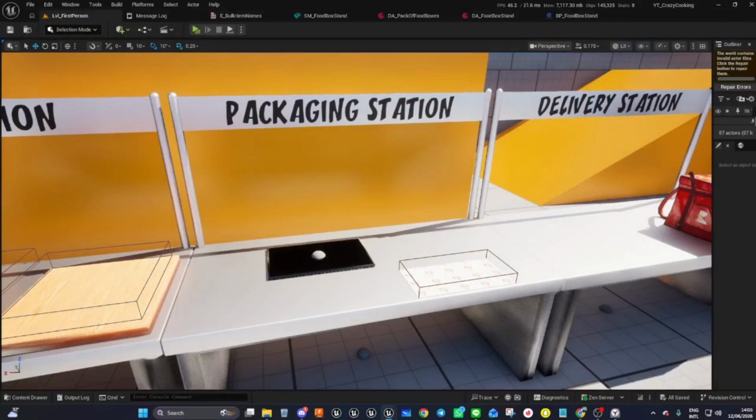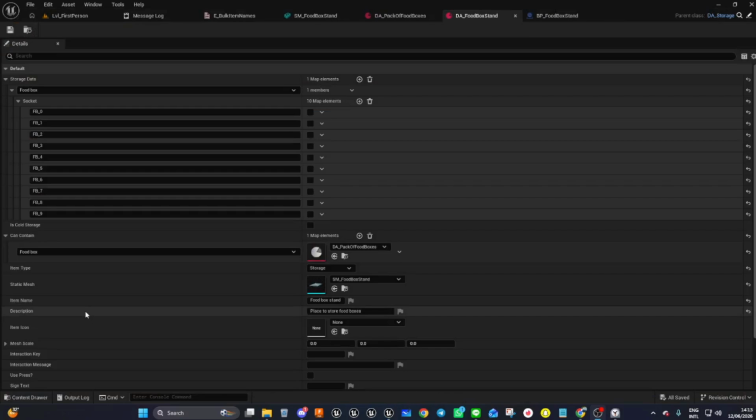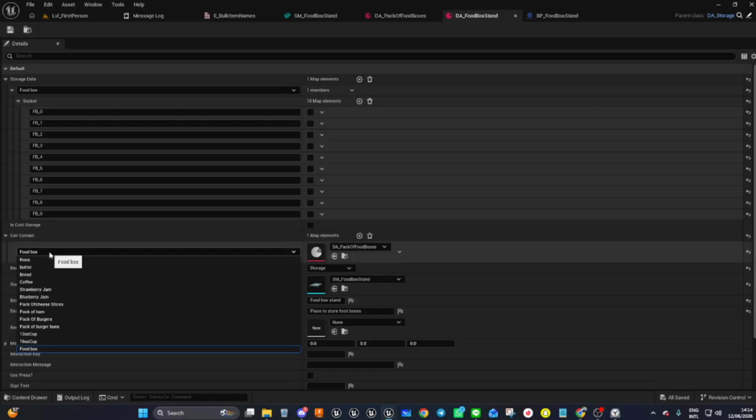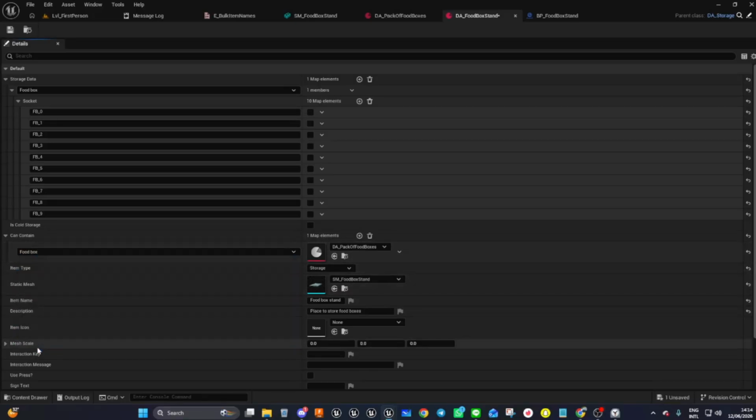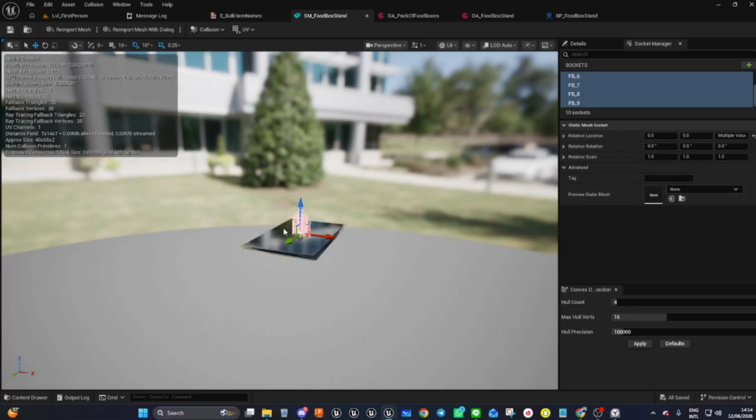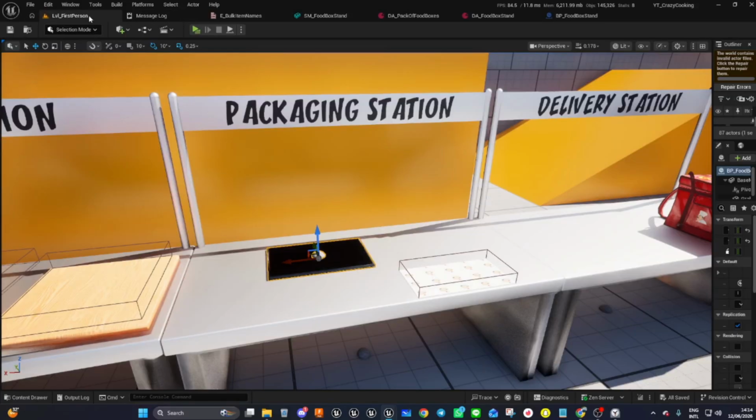Okay, bear with me. Quick look, and then I'll get back to you. Okay, it was just a case of me being stupid, trying to rush it. In the can contain, make sure you have this field not set to none. Make sure you have it set to food box. That's all it was. The other thing, just doing a bit of testing before I got back to you. For your sockets, select them all. Instead of that number I gave you before, leave that at 0 and just change the Z one. And you'll see now,